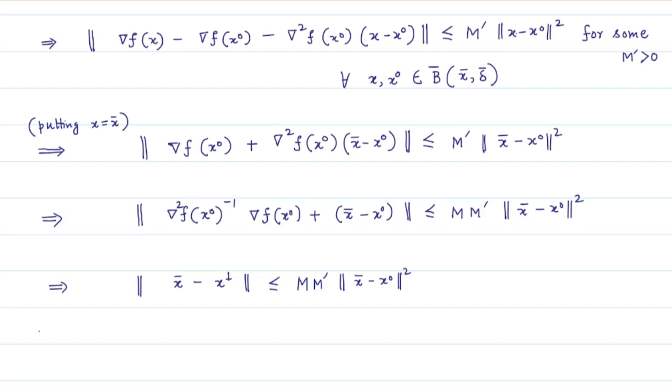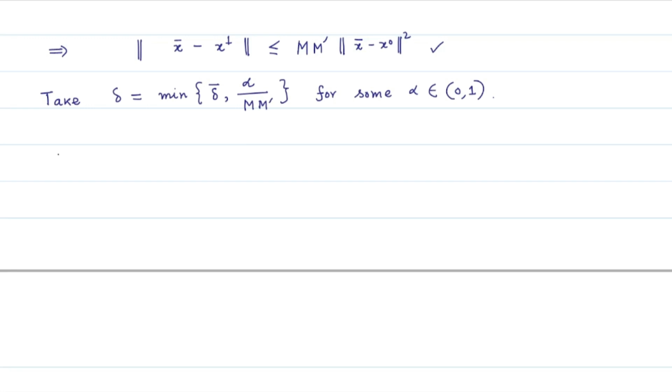Now we define a new delta. We take delta to be the minimum of this delta bar and some fraction alpha divided by m times m dash, for some alpha inside 0 to 1. Then in this delta neighborhood of x bar, you start your Newton iteration with the point x naught. That is, you take the initial point x naught to be inside this delta neighborhood of the point x bar, and then you employ this inequality and reach this inequality, which further yields that if we take the initial point inside this delta neighborhood of x bar, we will get this